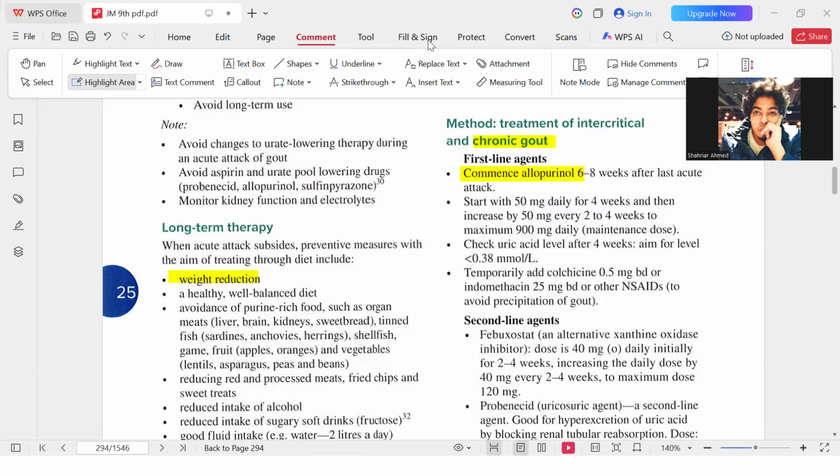Okay. If you give allopurinol and it is not working, can you increase the dose of the allopurinol? Answer is yes. We can certainly increase the dose of the allopurinol. It is a tested topic in AMC. Please take a note. Patient again having attack in spite of having allopurinol. What to do next? Increase the dose of the allopurinol.